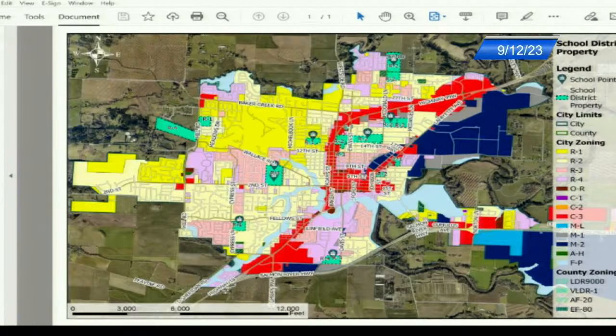Now, as mentioned in public comment, there are a couple areas that border some commercial or some industrial. And we know that in a couple of these areas, we tend to have people violating our current ordinance.